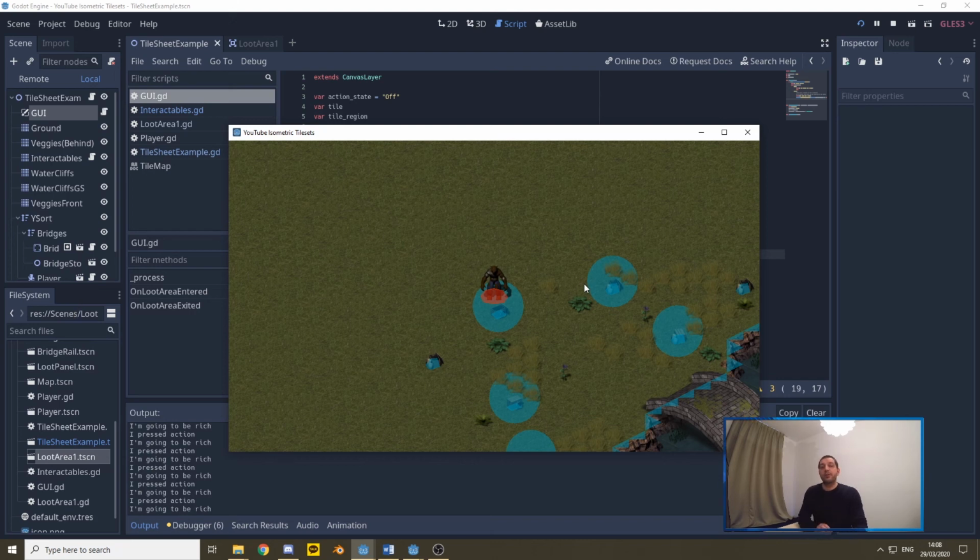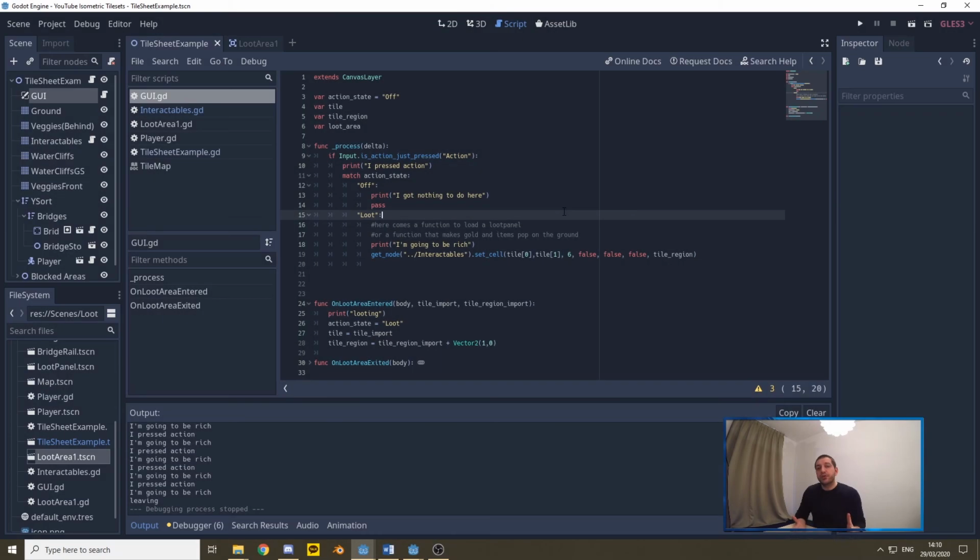So we have to change one more thing. We have to make sure that this Area2D deactivates the moment it's looted. So let's do that next. Then we'll do another demo without this blue circle so you can really see how this works and how it looks good. So to turn off that Area2D,